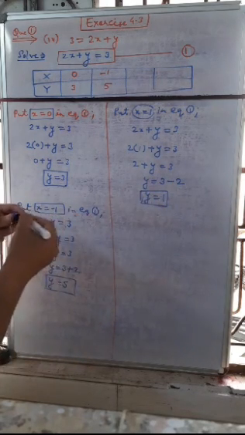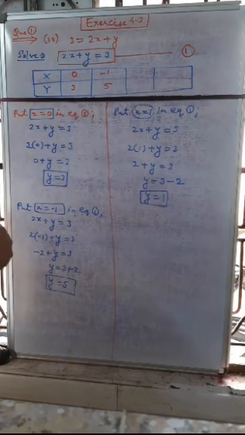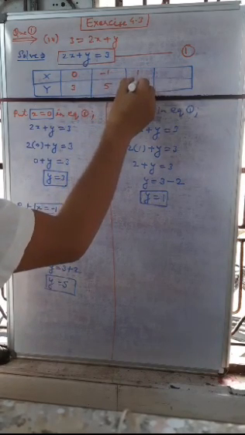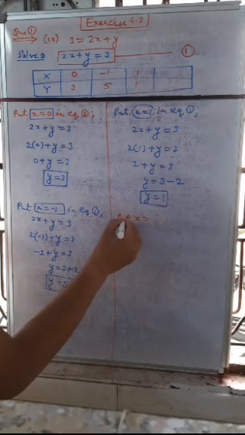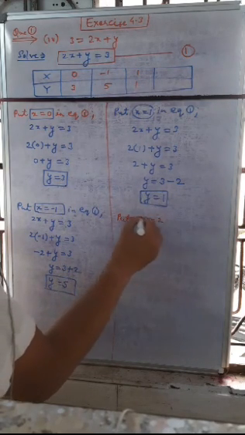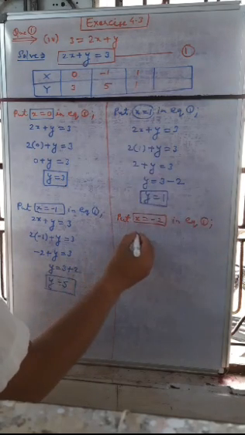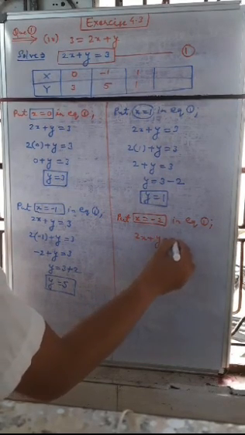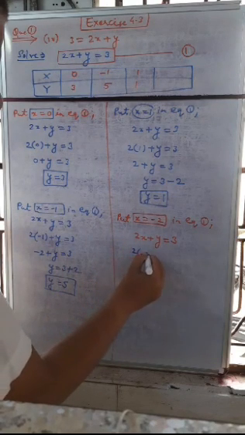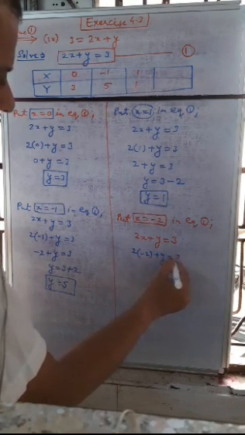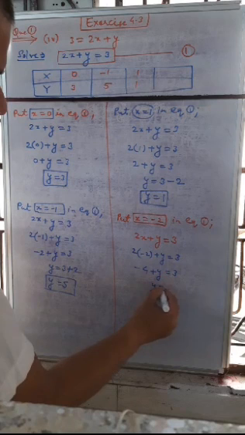So here we got one more value. When we are putting x is equal to 1, y is also equal to 1. So put here x is equal to 1, y is equal to 1. Now last one, put x is equal to minus 2 in equation 1. So here we are putting 2x plus y is equal to 3. So put here 2 into minus 2 plus y is equal to 3. So 2 twos are 4, minus 4 plus y is equal to 3. So y is equal to 3.